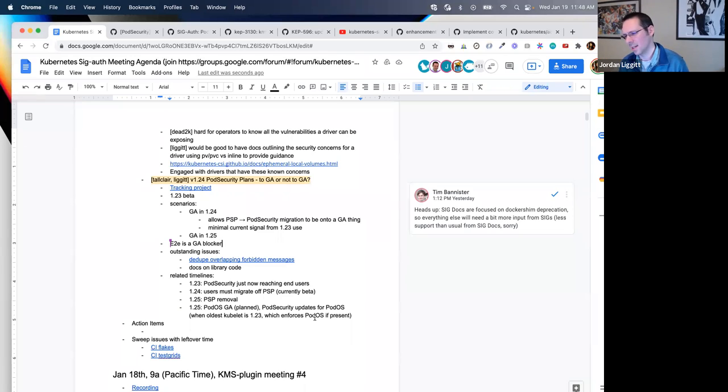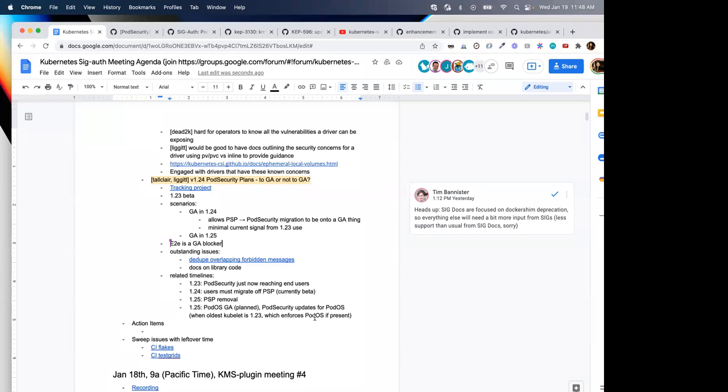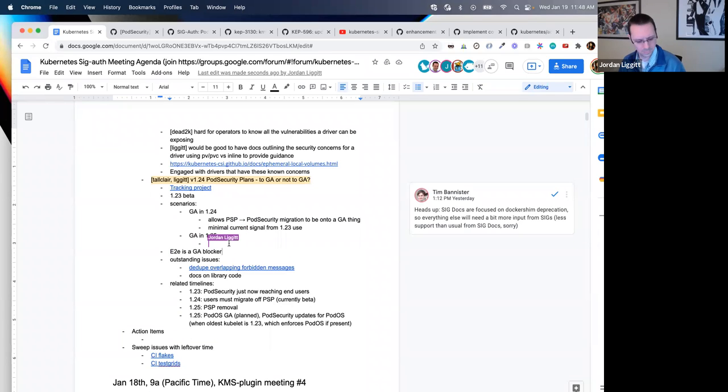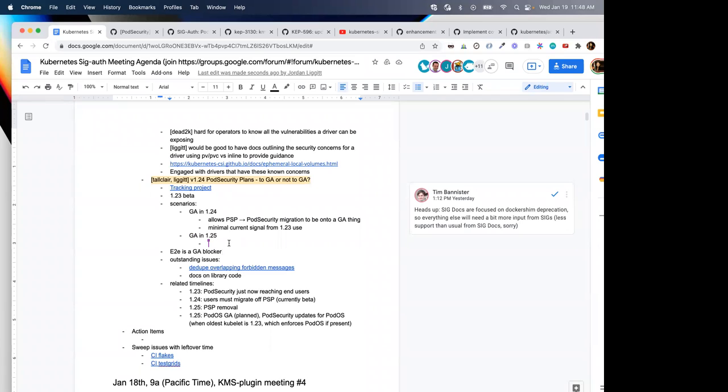So it'll be nice. I don't think it's a blocker for GA. That's more tied to the lifecycle of the pod OS field. The lack of feedback on the beta level for something that is going to impact every pod and every namespace, it really seems like you'd want to get feedback about how it's working. And I haven't seen any of that yet.